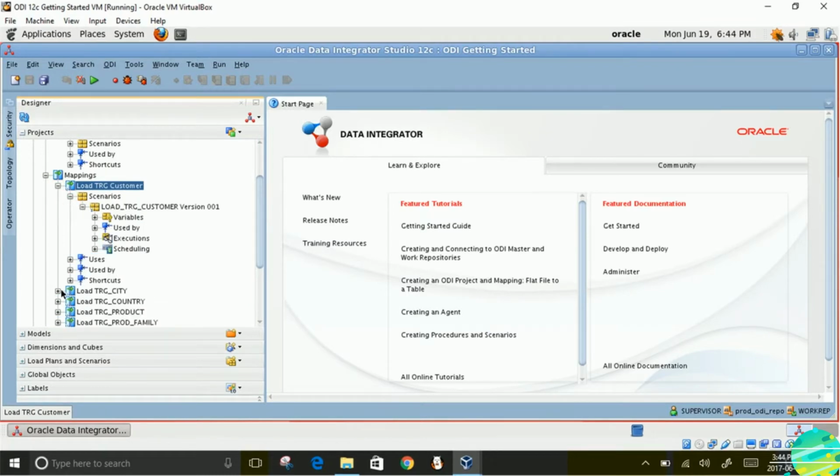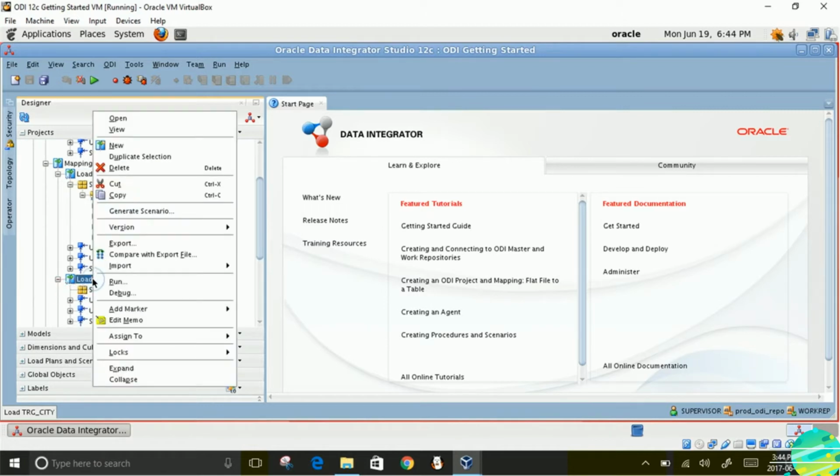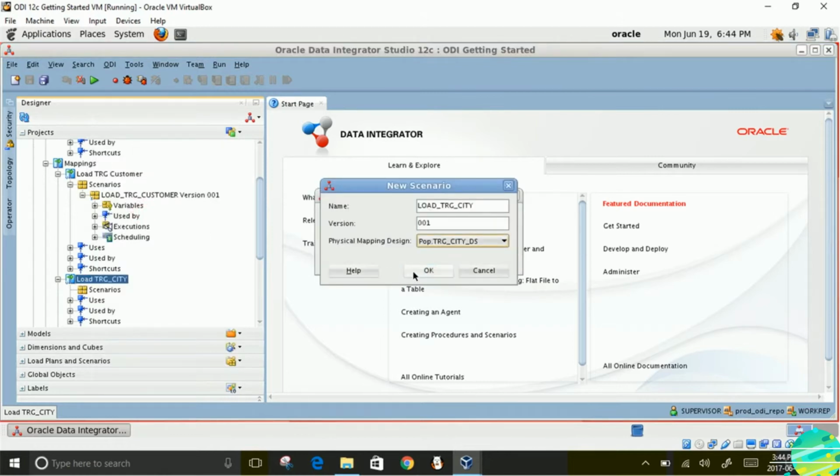Go ahead, right click on the mapping, select generate scenario and do that for each of your mappings. Click on load target city, right click generate scenario, click on OK.